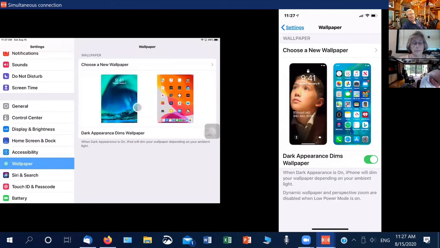And what it shows you are the different wallpapers you may have for your lock screen, which is the screen that comes up when you first turn it on, and the screen that shows up when you've gone to one of your home screens, the background. And if you want to change that,